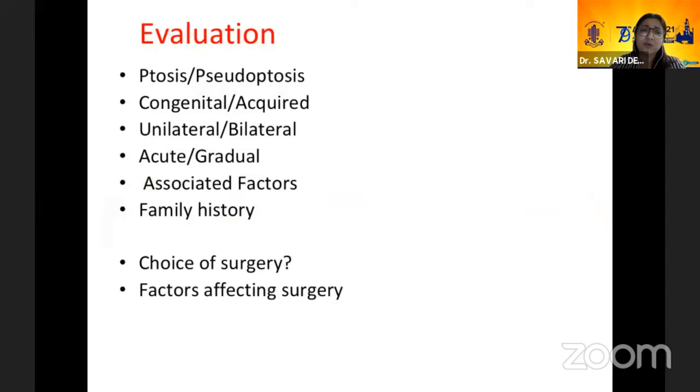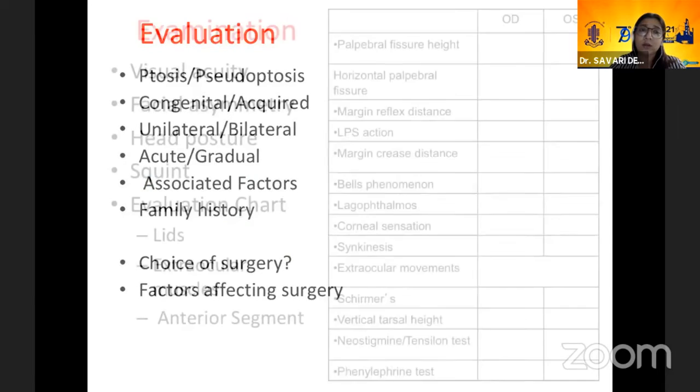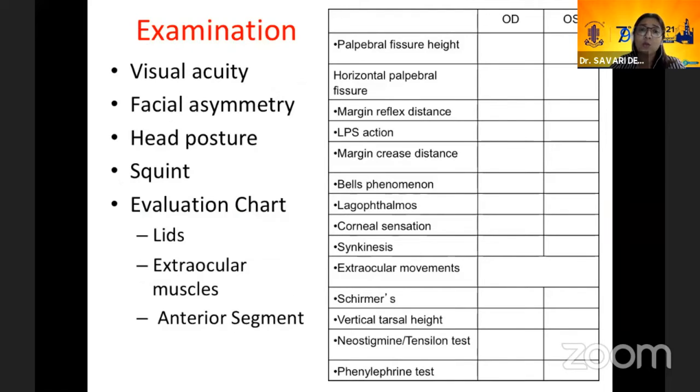So evaluation of ptosis has all these lists of the routine, what we go through. And this is the laundry list of how we evaluate it. We have a chart, we mark out all these. This is how we teach our residents. And while we'll be going through each of these, what we'll be really looking for is what are the red flags that we really need to point out in these.